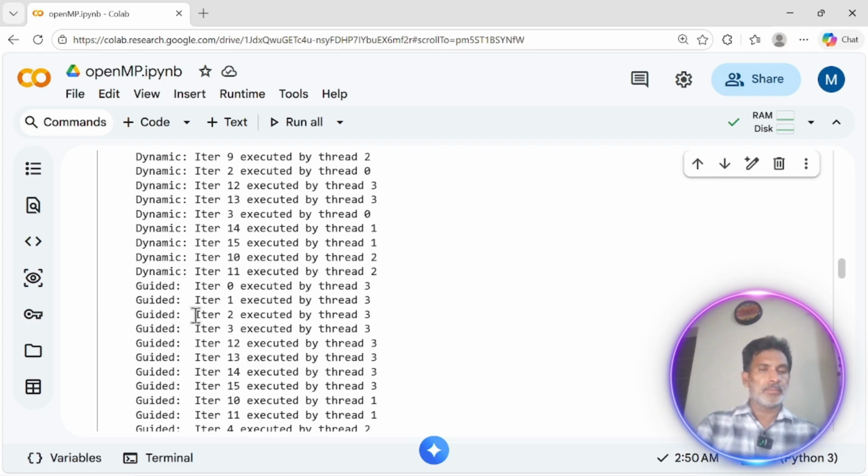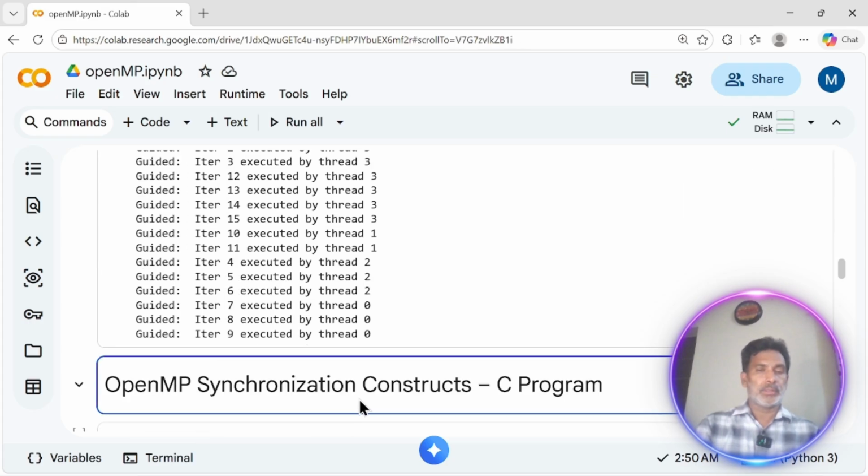And guide it. Now you can see here in the guided case the number of instructions executed by the threads are different. Here you can see almost 8 instructions being executed by thread 3 only. The rest of the instructions are executed by 1, 2, 2, 3 and 3. So this is how the